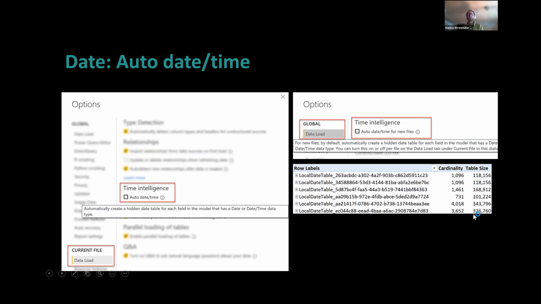This can add up, even if you don't use time intelligence on those columns. Think about when you load, for example, employee data with birth dates in there. You have people 60 years old, 70 years old, whatever, and it will create a calendar, a date dimension, for 70 years. I'm sure you will never use it because you're not interested in time intelligence calculations on the birthdays of your employees. So please avoid this, turn this off, and make sure that you create a date table on your own, which I will show you in a minute.